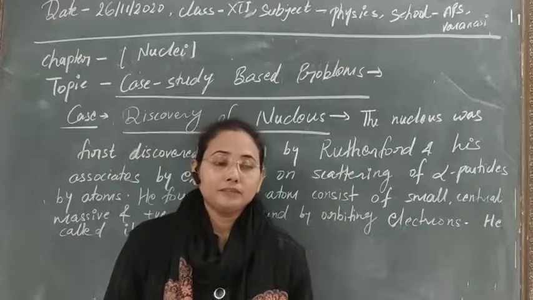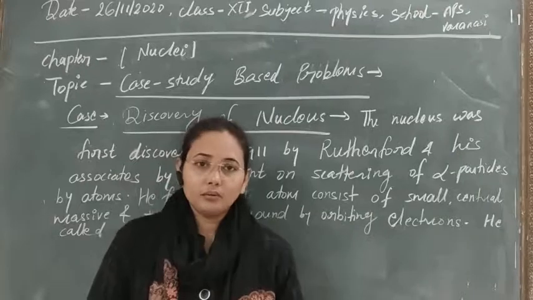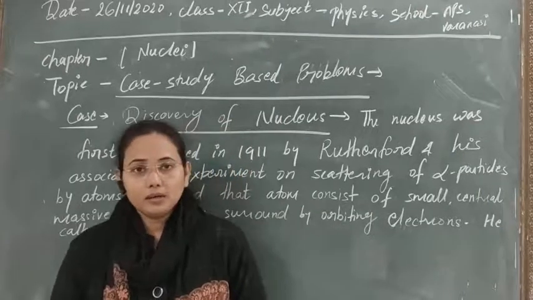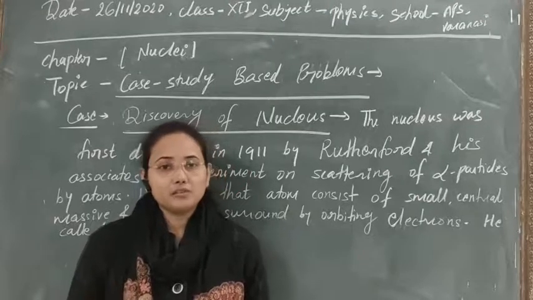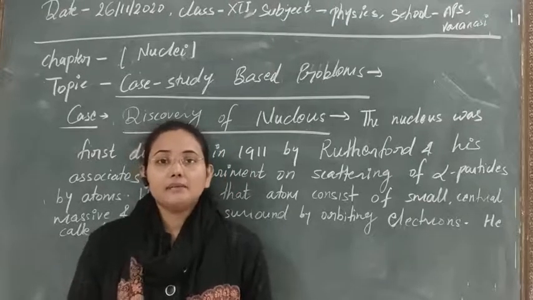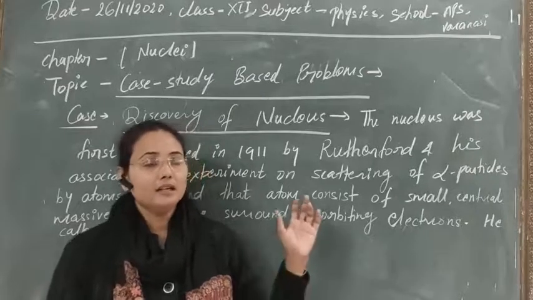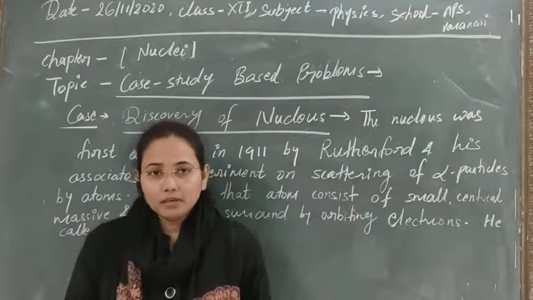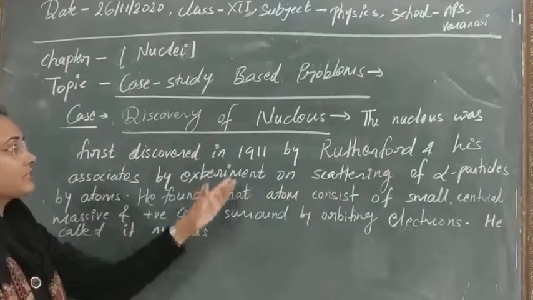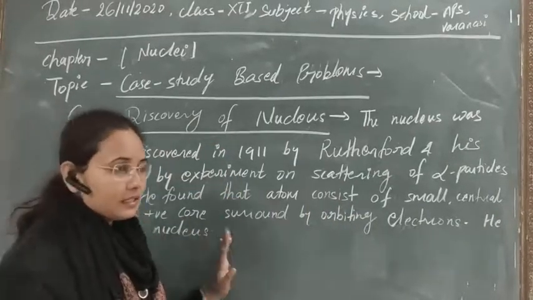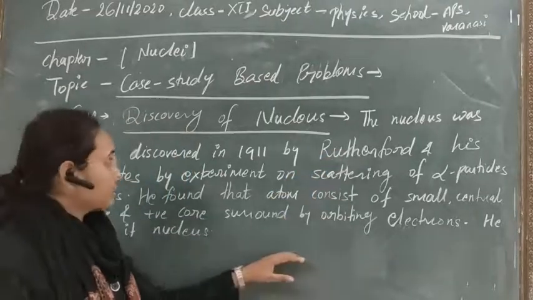Fourth, we can have the Bohr model I have just given, the simple Rutherford model I have just given, and also the spectrum of hydrogen or the X-ray spectrum. So a number of cases can be asked. They can be particular cases or collective cases. Like in the collective way, I just explained the atomic model, and this is a particular case where we are talking about the discovery of the nucleus. So let's see this case and which types of questions can be asked on it. Just see that.